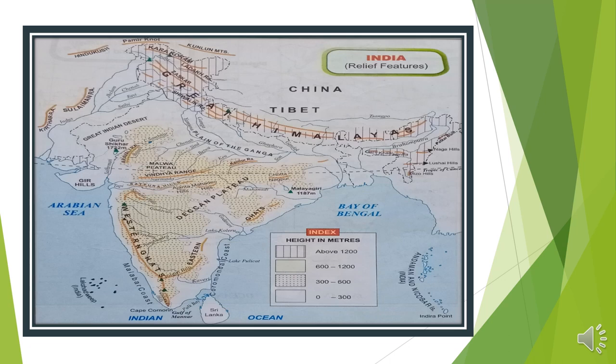After that, the western coastal plain is divided into three sections. From Mumbai to Goa, it is called Konkan, the middle part in Karnataka is called Kannada, and the southern part of the western coastal plain is called the Malabar coast. And the Eastern Ghats lie near the Bay of Bengal.